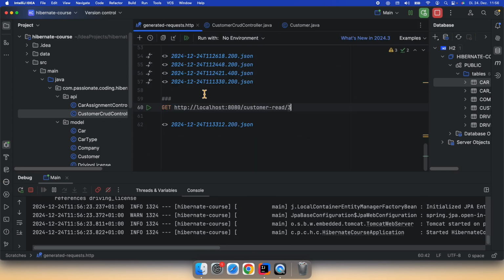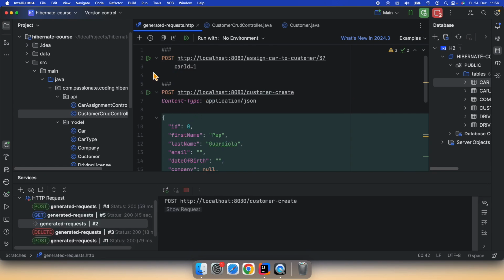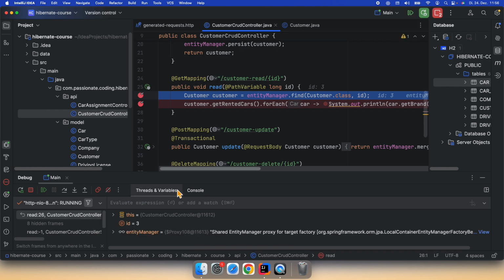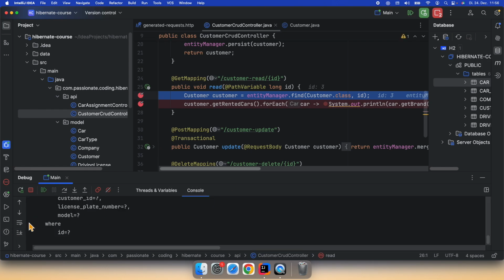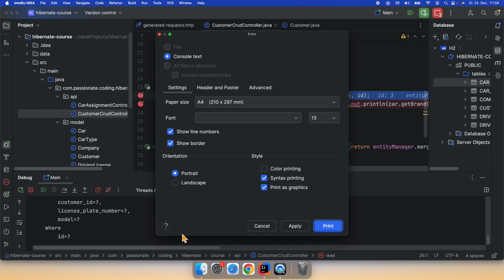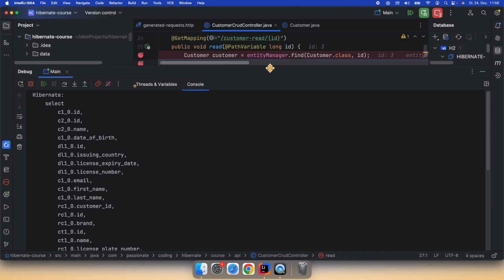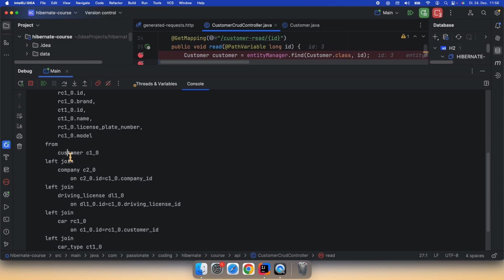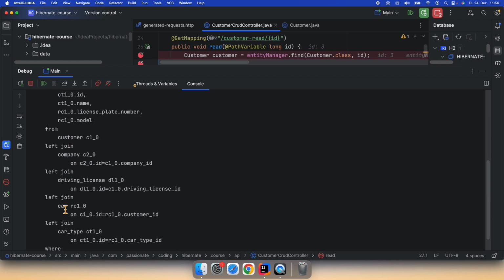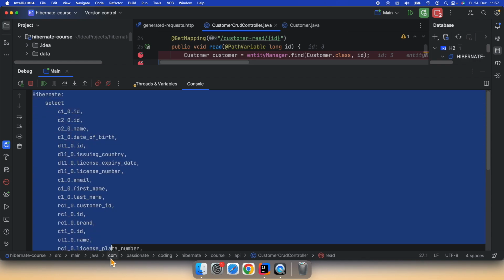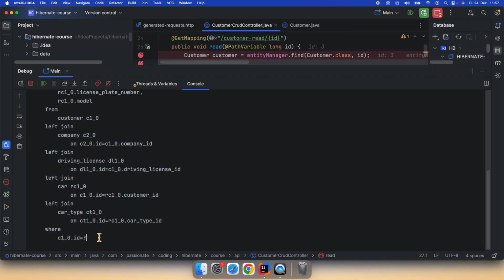So we can just do the same thing like before. We create a customer, assign a car, and do the get, clear the console. Where's my, oh, yep. And we can go one step further. And now we see that Hibernate did the select from customer, company, and car, and also car type. So we can see that this select statement got way bigger than before,